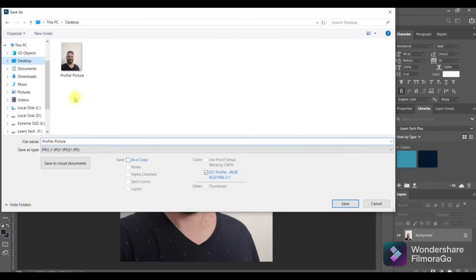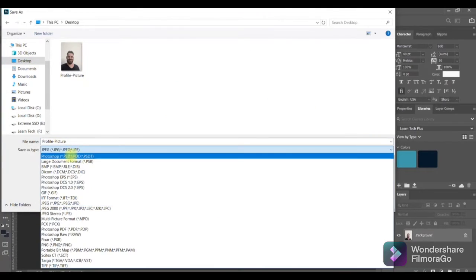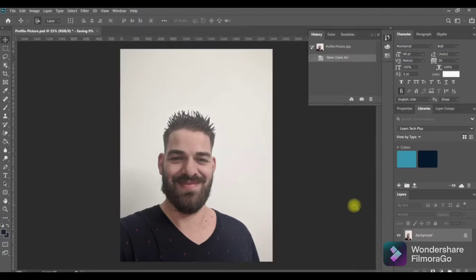And what I want to do is go to Desktop, and we're going to save this as a Photoshop document. Okay, so I'm going to hit Save. Now, what you're going to notice is whether it's a JPEG, a PNG, a PSD, any file format, when you bring it in, if you only have 1 layer, it's going to automatically lock it. That's the default for Photoshop 2020, and it's been that way for as long as I've been using Photoshop,